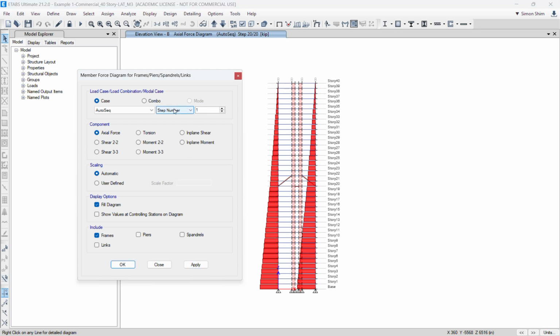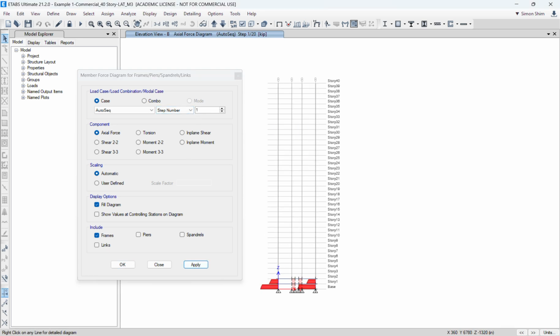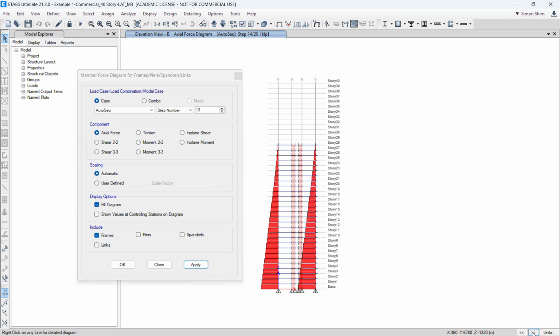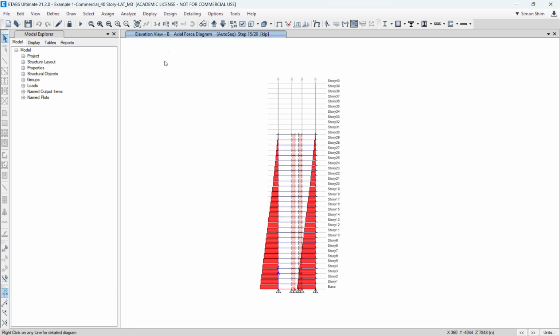diagram. So basically the building is constructed every floor, right? For computation time saving, I set it up so every 2 floors are constructed, and then the self-weight load is assigned. So you see that the column axial force gradually increases. All right, so what I'm going to show you